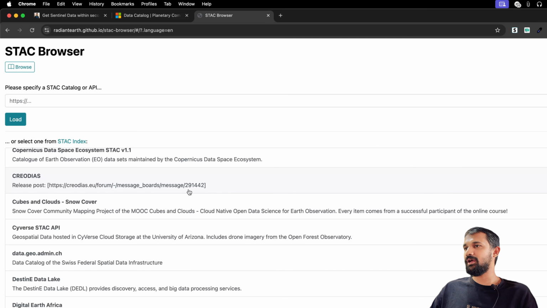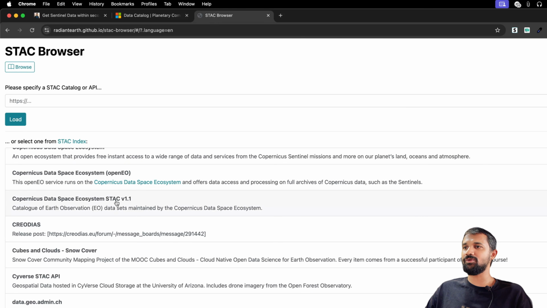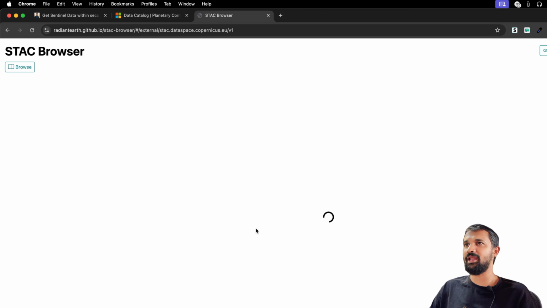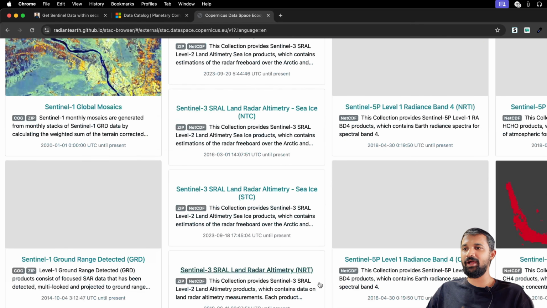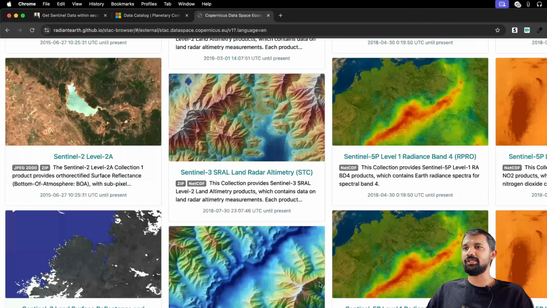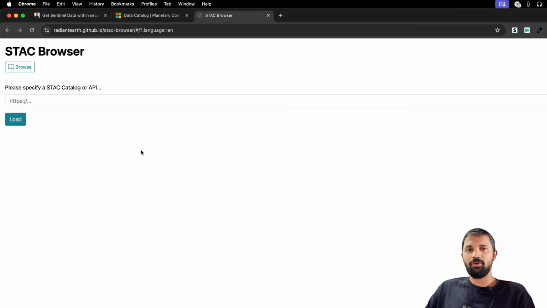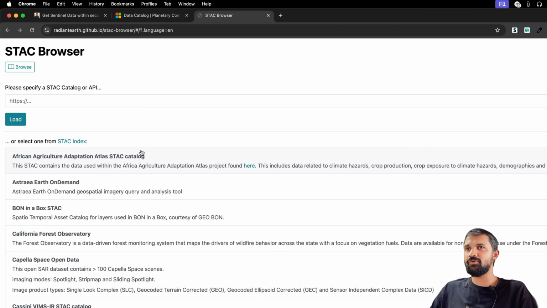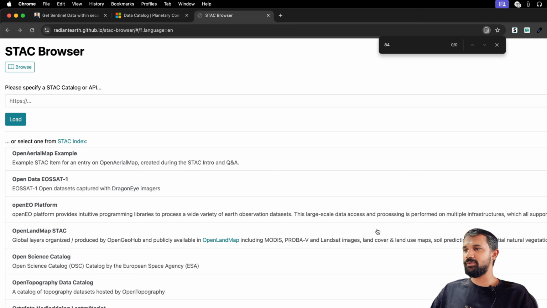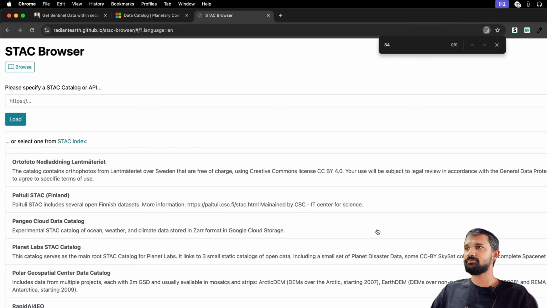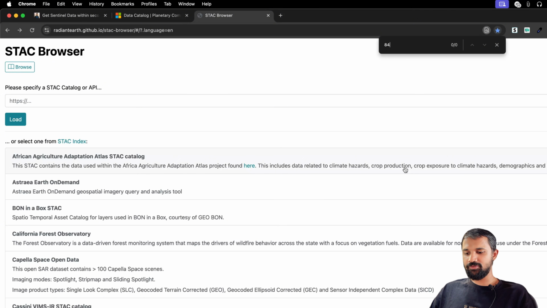For example, I can see that there is a Copernicus data ecosystem. So if you are using Copernicus, you can have a look at the Copernicus STAC catalog, and you will also see Sentinel-1, Sentinel-3, Sentinel-5 and many more of such available catalogs. We are going to use Element 84, so I will just simply search for Element 84, or let's say I will just simply do 84 as a search. Probably I will need to install, or I can search for earth search,